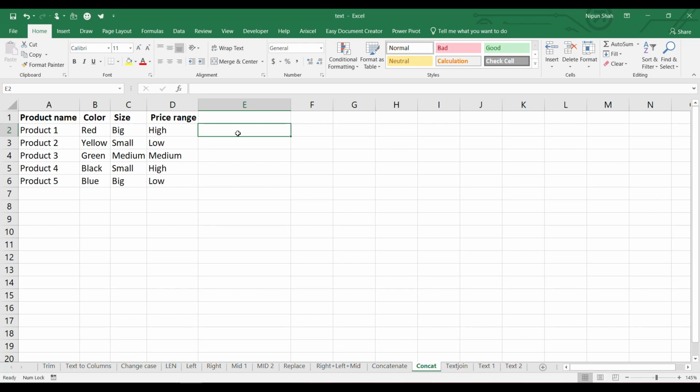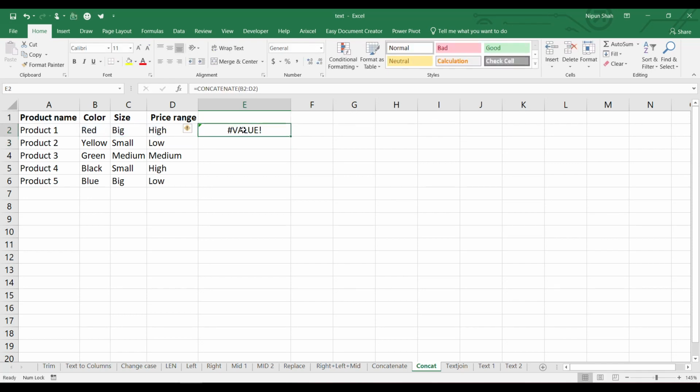Now guys, I will show you how we can use concat function in Excel. For that, let me give you some background. The concatenate function cannot handle the ranges. For example, if I want to club all these together, I cannot give a reference as a range. Just see, equal to concatenate all this.